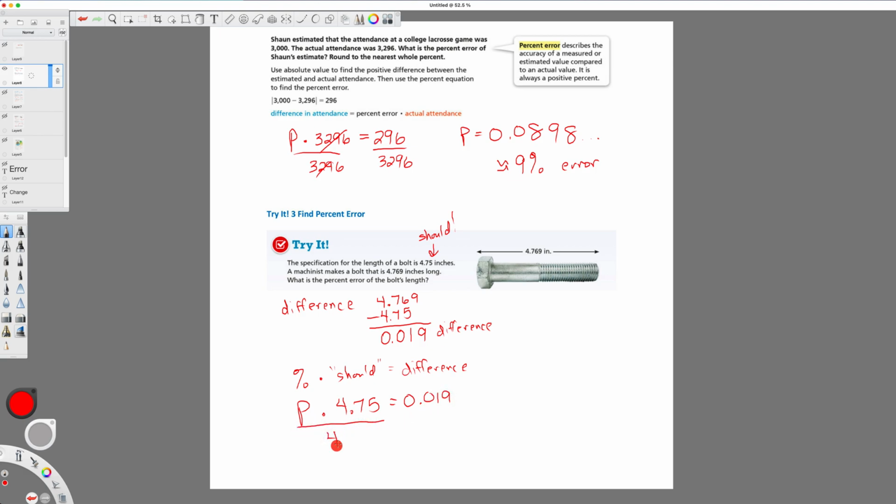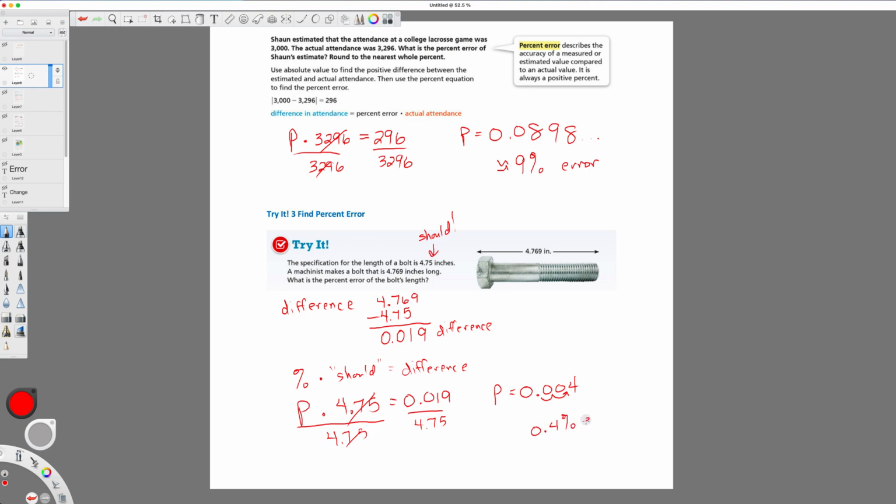And so when I go to solve this one, I'm going to divide by the 4.75 because that's the coefficient of my variable there. And so when I type this in, not expecting a nice answer, 0.019 divided by 4.75. Wow, it's crazy nice. I get 0.004, which, if you move it 2 places over, that is